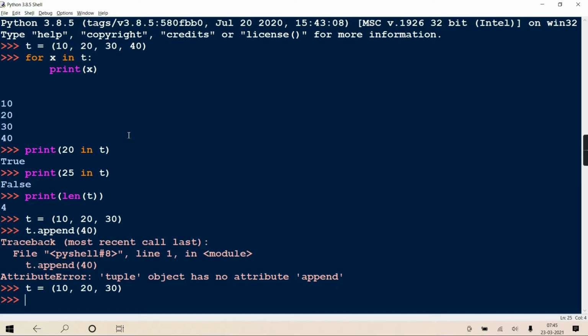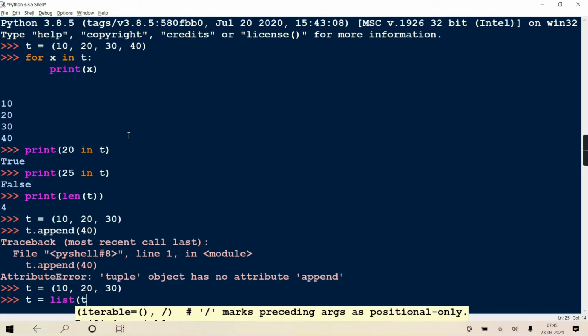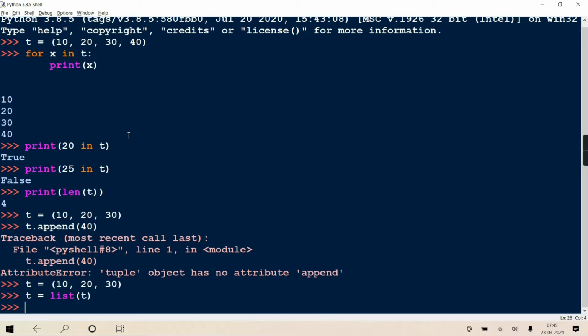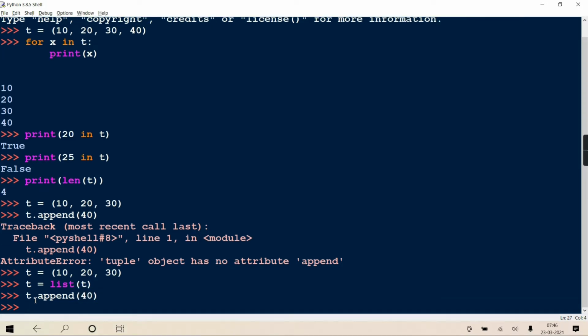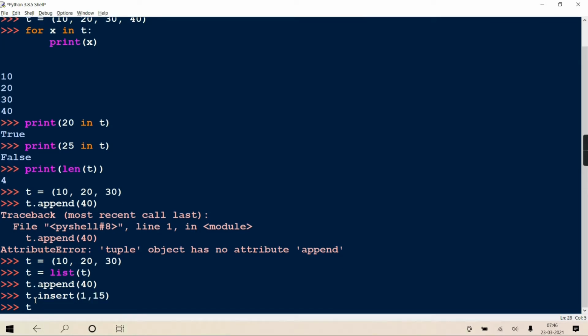As I said, for the time being you can convert that tuple to a list, which is legal. Python will internally convert that tuple to a list. You'll get a new list object. Then in that you can append any value. Now it will work because now it is a list. So you do append, or you can do insert, okay, insert at 1st place 15 suppose. Or you can extend also with some other list, so the elements of this list 5, 6, 7 are added to this.